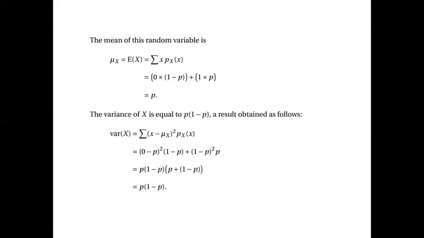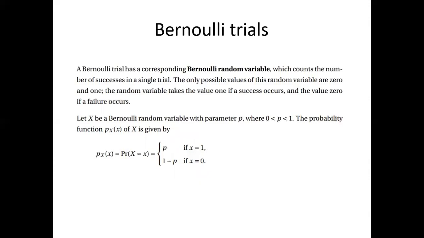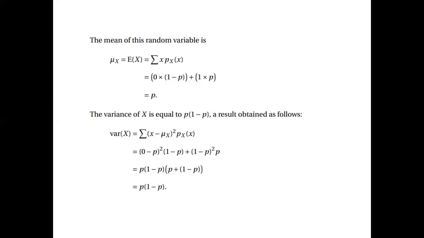Now we'll see what the mean of the random variable is. We have the expectation of x, or mean, as the summation of x into probability of x, which is 0 into 1 minus p plus 1 into p. Why? Because we have the Bernoulli probability function p of x equals p if x equals 1, and 1 minus p if x equals 0. So the mean of the random variable, expectation of x, or mu, is equal to summation x into p of x, 0 into 1 minus p plus 1 into p,